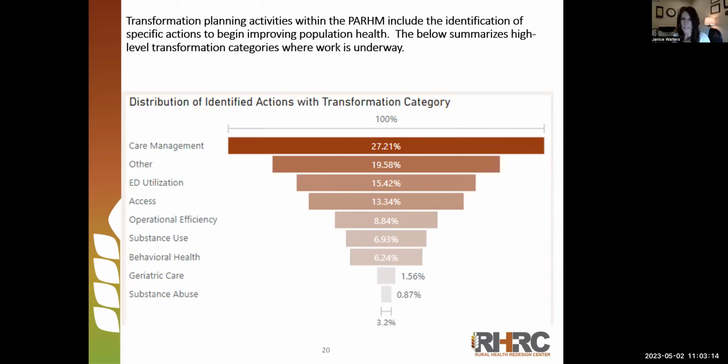I'm a firm believer that small incremental changes over time will yield very, very impactful outcomes. And so, working with our hospitals to learn new competencies that are not necessarily embraced or don't come naturally in fee-for-service. It requires different mindsets. It requires different tools. And we here at the Rural Health Redesign Center try to provide that support to our